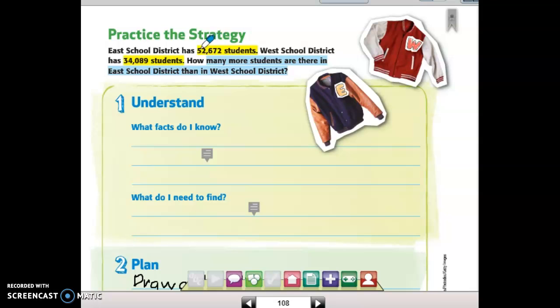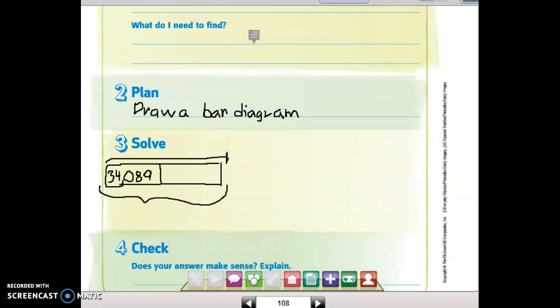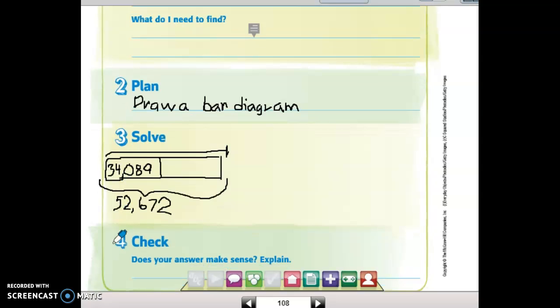So in order to figure that out, this 52,672 has to be our total that we're getting to. So we've got 52,672 as our total for the whole bar. So what we need to figure out is the difference between the amount at West School District and East School District. So in order to figure out this missing piece out of the total, we're going to need